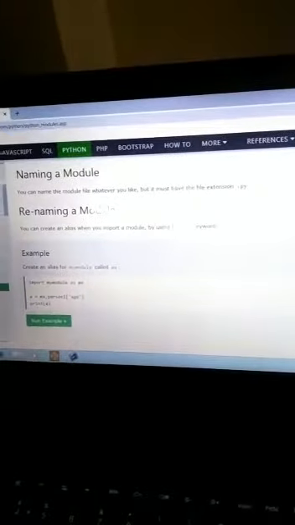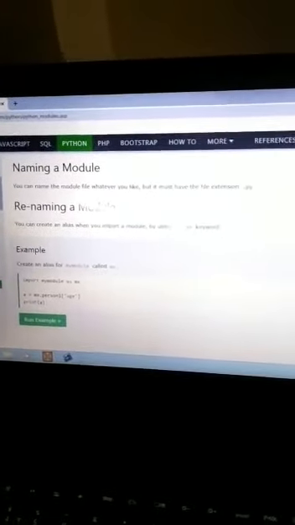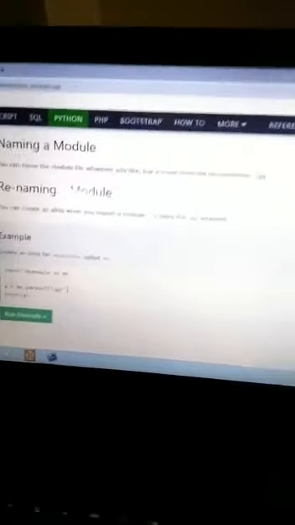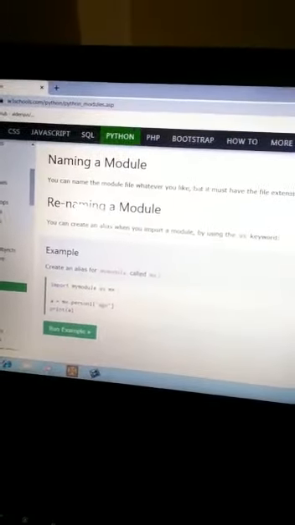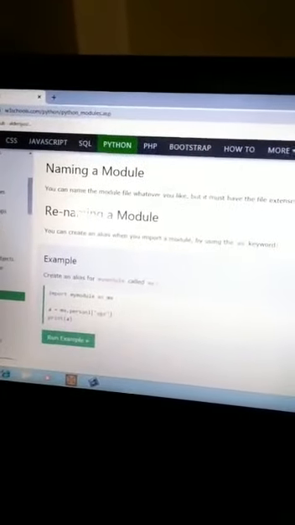Okay, now let us move to the concept of naming a module. We can give our own file names for the module with the .py extension. So how to rename a module?